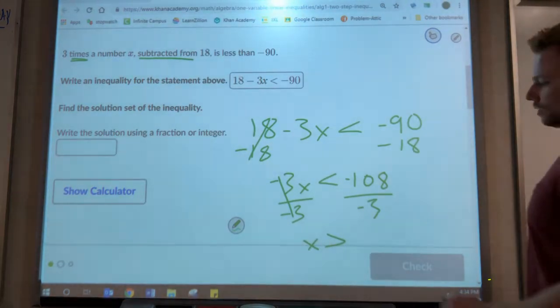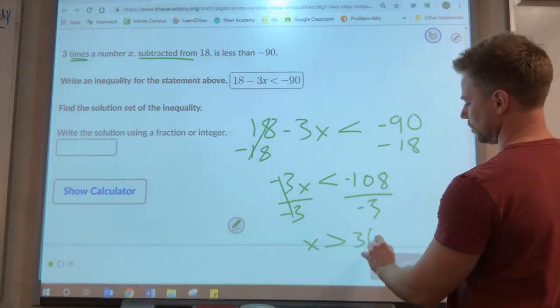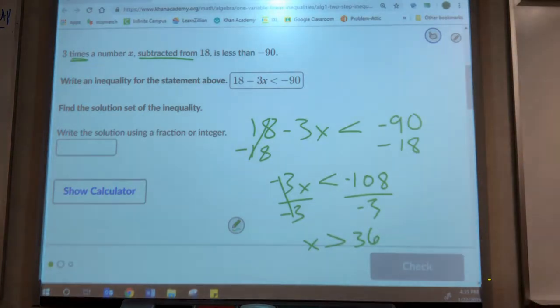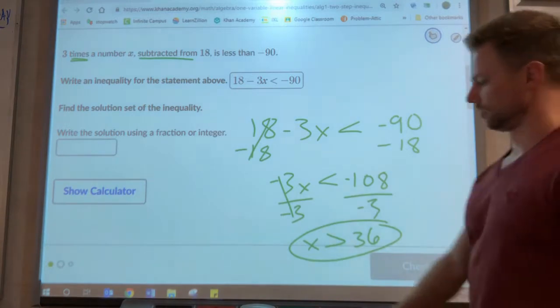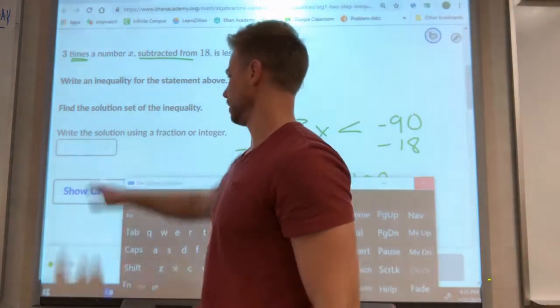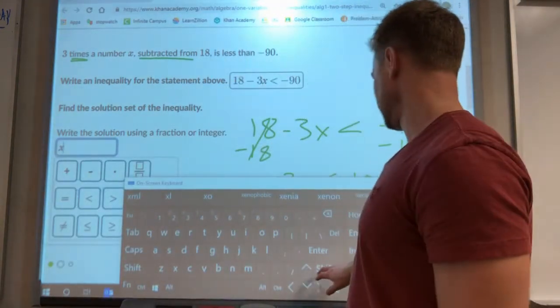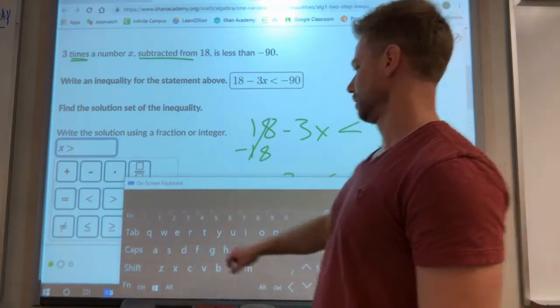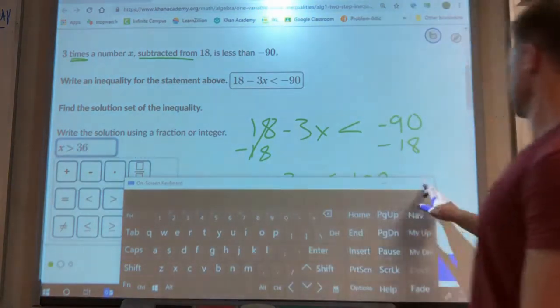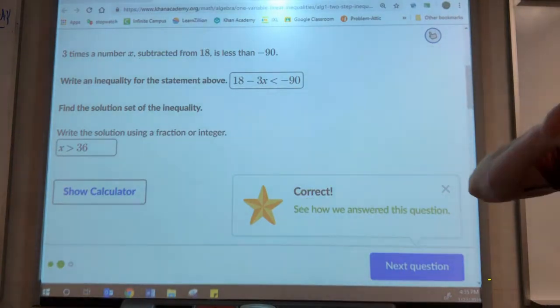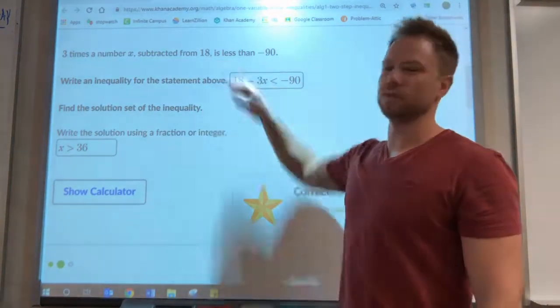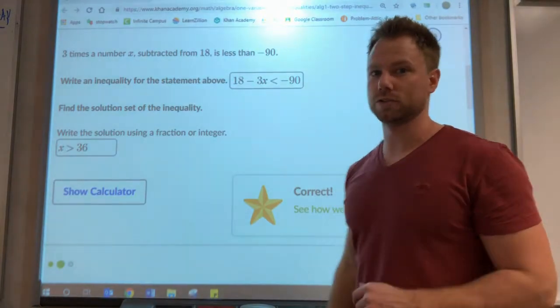And two negatives make a positive, so it's a positive 36. So we have x is greater than 36. Good. All right, so the key to this problem again is finding those keywords to write your